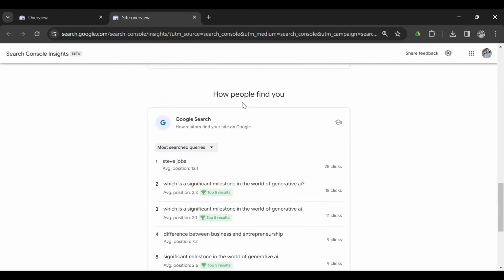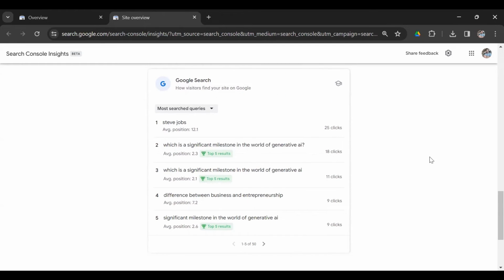And then you get to see how people find you. Now you see that people also get to my page while searching for Steve Jobs. That's not a relevant keyword for my website, but actually I have a web story on some popular leadership quotes by Steve Jobs, and that's why I'm getting clicks. But I'm also at a very good position, 12.1. So I'm on the second page, and it's not a direct keyword for my website. So as I said, this happens. Just like Denny Crane, I'm getting some traffic for Steve Jobs, but this is more relevant compared to people looking